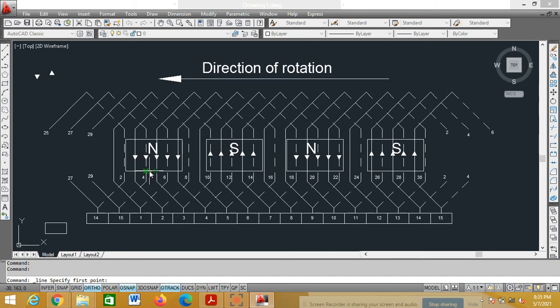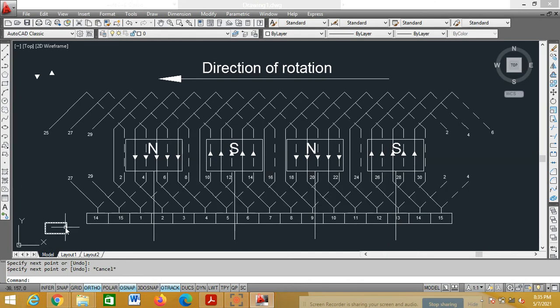See, I'm getting the midpoint here, correct? Midpoint is a triangle. From there, draw a reference line. Similarly, from the second south pole midpoint, draw a reference line. From the third pole midpoint, draw a reference line. From the fourth pole midpoint, draw a reference line.